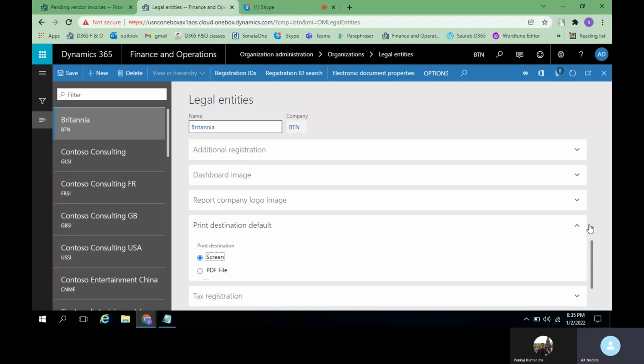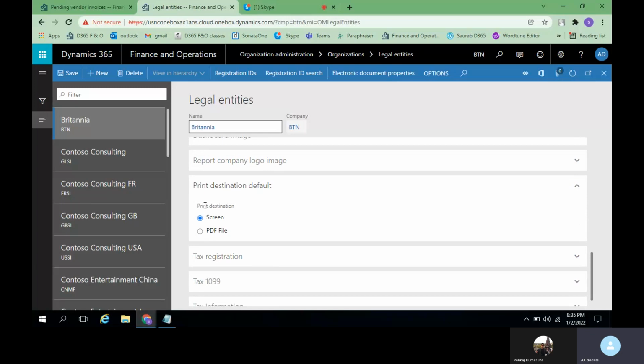Print destination default. While performing any activities under any module, for example under vendor invoices, if you want a report for a particular month, let us say December, to know how many vendor invoices are pending, and you select print, by default do you want those details visible on the screen, or in the format of a PDF?